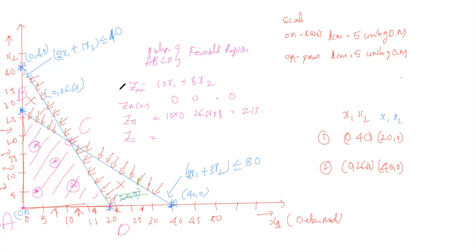In that case, what we have to do is draw a line. From this point, we have to draw a vertical line, and likewise a horizontal line, straight lines. So where the straight lines touch x1 and x2, that will be the value in the graph. Here we didn't get the exact value, but exactly this will touch at the 10.